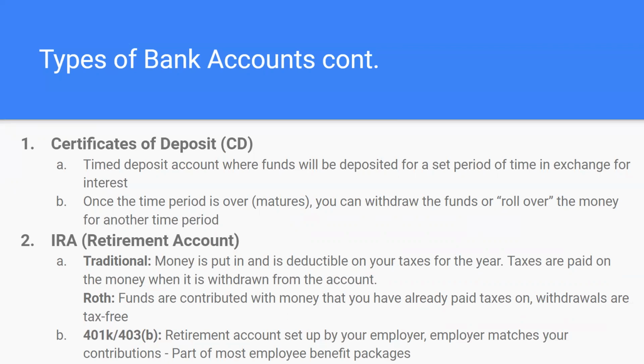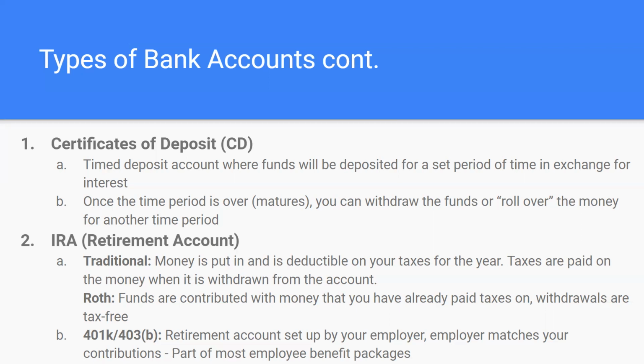So to kind of give you an example, if I have $100 and I open up a certificate of deposit with $100 and the interest rate is 1%, that would actually be quite high, I think, for a lot of CDs nowadays. But if the interest is 1% for the time period that it is deposited for, and let's say the deposit period is 6 months. So when I put that $100 in for 6 months, I'm not supposed to touch that money or withdraw it. And if I do, I would get a penalty for withdrawing it early. But if that money stays in there for the entire 6 months, by the end of it, I would get the 1% interest. So I'd have, I believe,